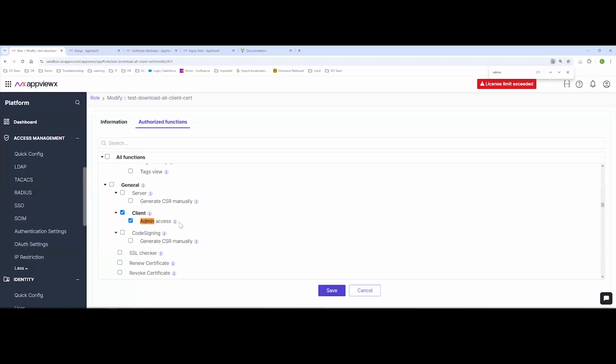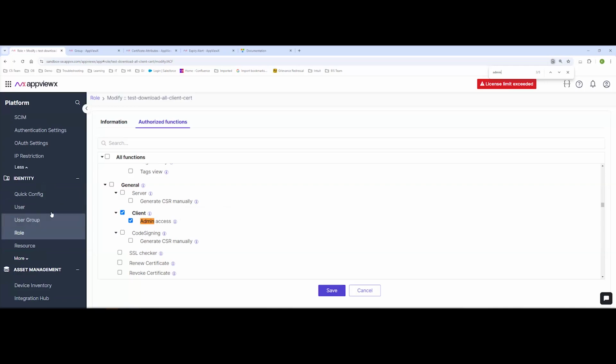It is tied to a service. So when it comes to a user group mapping, the user is mapped to a user group, and the user group is mapped to a resource and the roles. So when a user logs in to the portal using a single sign-on, he maps to a user group, where the user group is tied to the roles and resource. Roles, I told you, are the actions that you can perform. When it comes to resource,